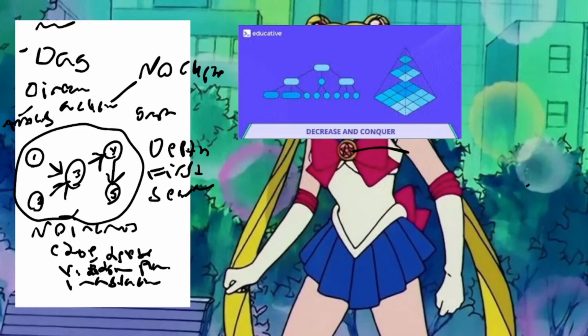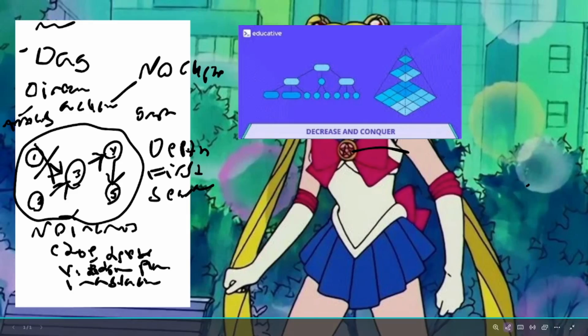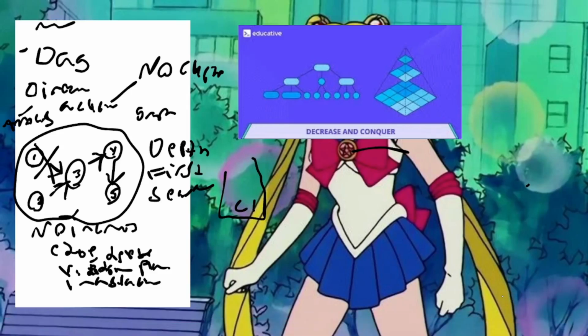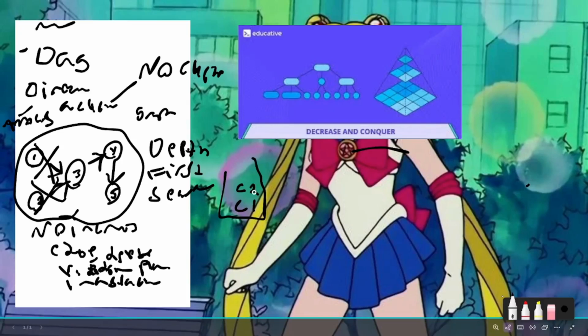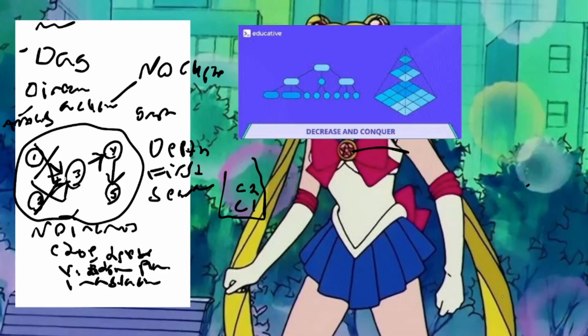Which one do I do? It doesn't matter. Whichever one you want to do. It doesn't matter. I'll start with C1. So we're deleting C1. We're putting it in this bucket we're calling the stack. So C1. So now that one's gone. There's no edge going into it. So now we have 2 with no edge coming in, but 3 does have the edge coming in from 2. So now we'll delete 2. 2 is next, C2. So now that one's gone and the edge is gone, meaning 3 has no incoming edges